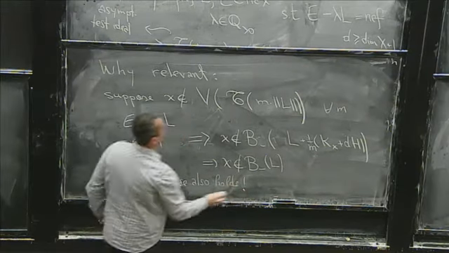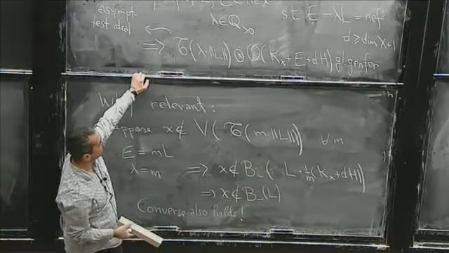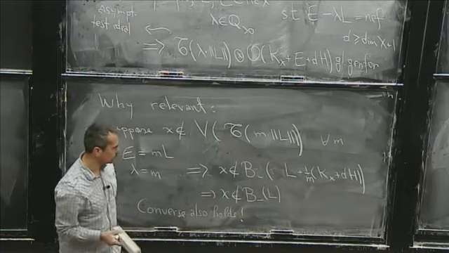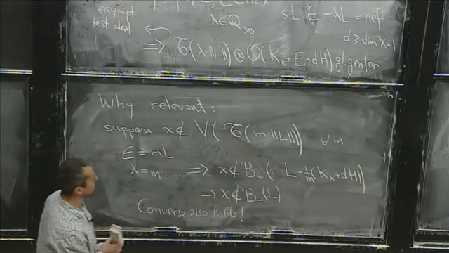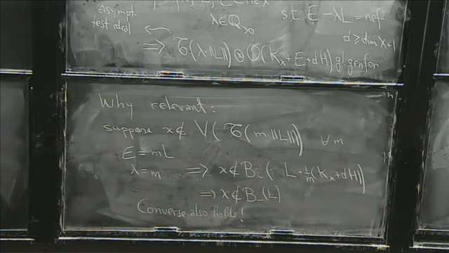Okay, but it's a bit of a long story, so I don't want to say much more. I just wanted to show why this sort of uniform global generation statement is helpful when you look at these base loci. All right, so now, before I give the definition, let me say a couple of words about